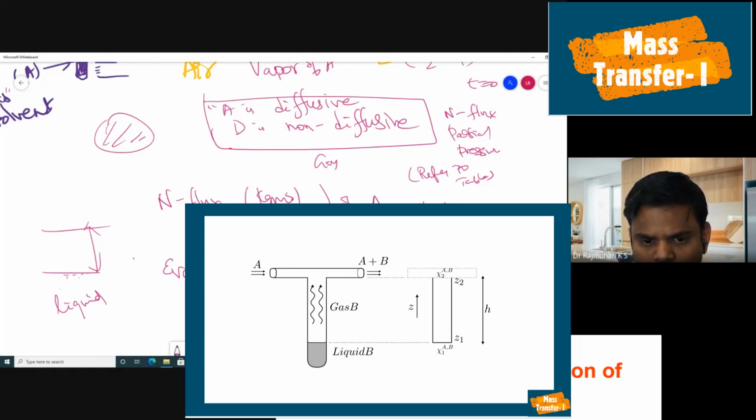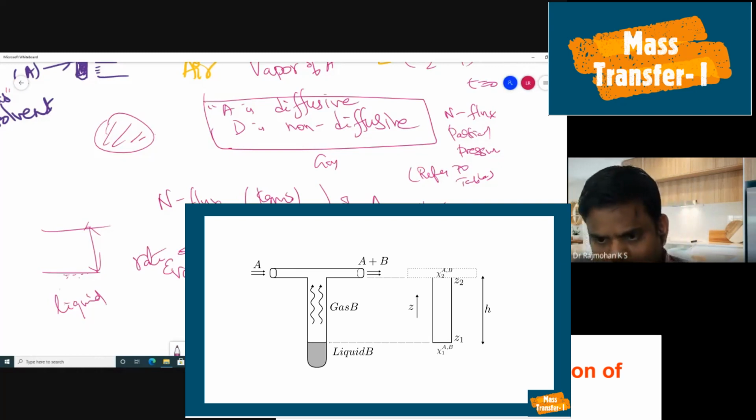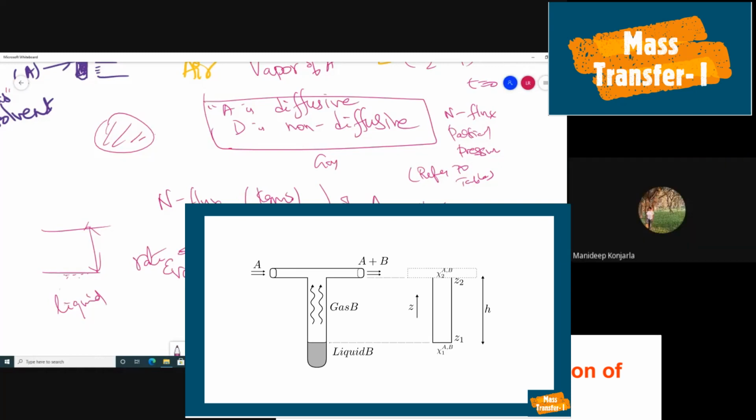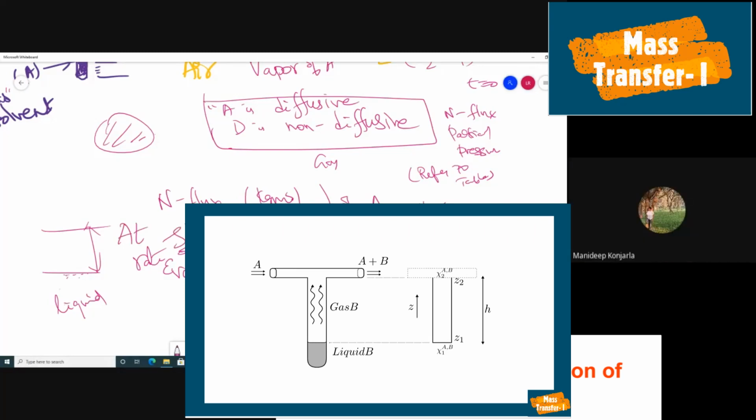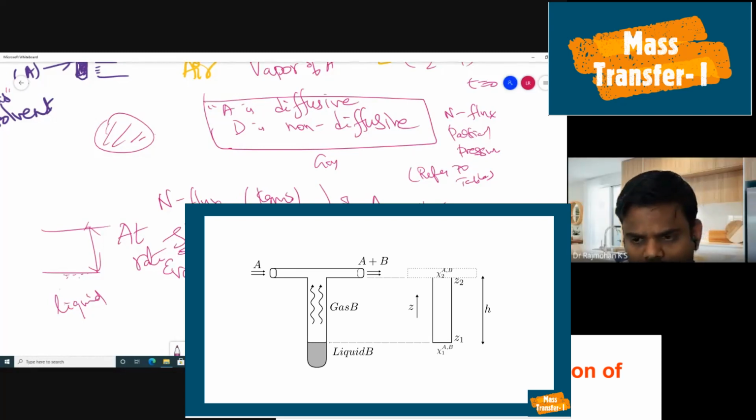Then we have a rate of evaporation of liquid. We have flux of A. So flux of A is nothing but the rate of transfer of A, right? Okay. So then at steady state, I repeat, at steady state,